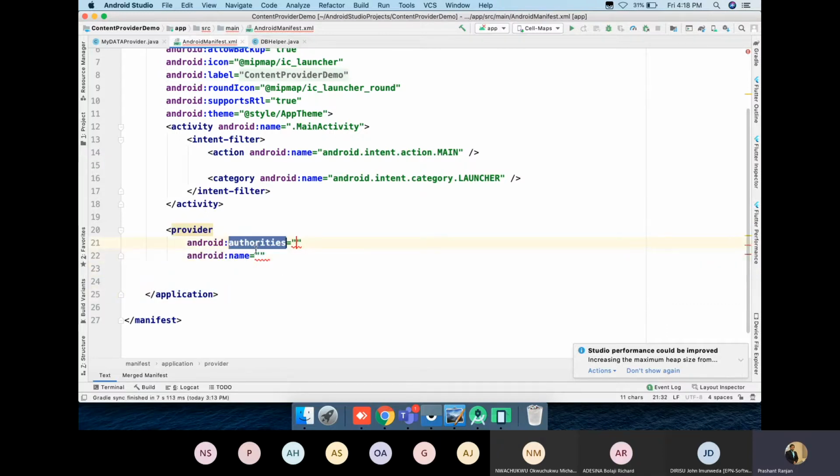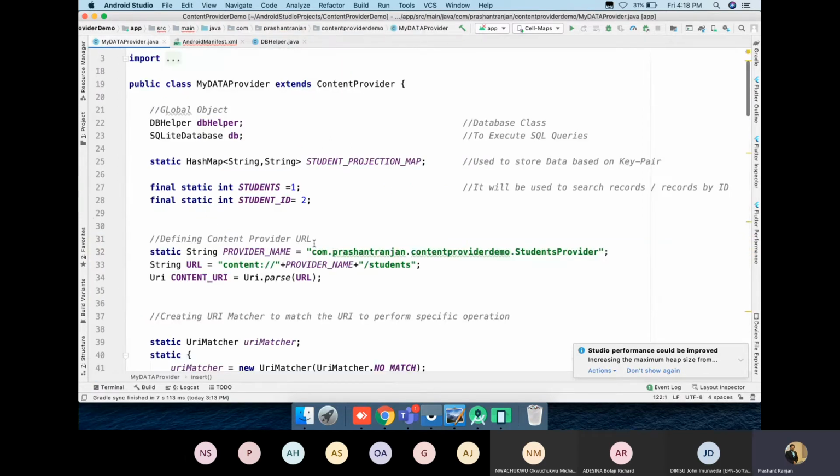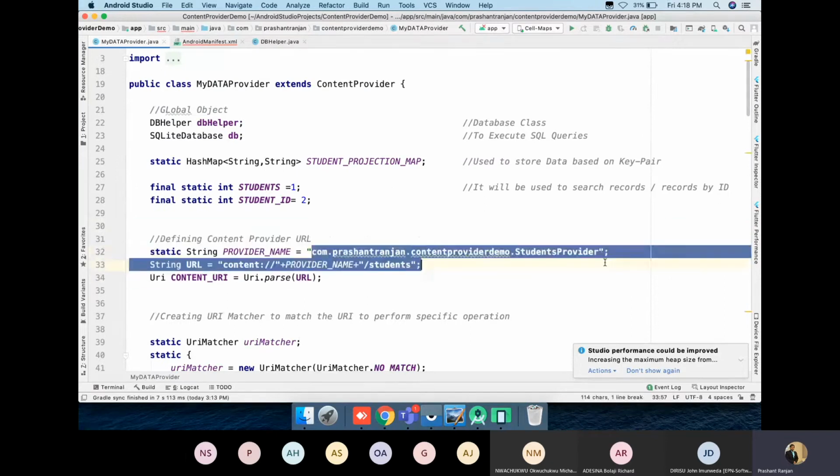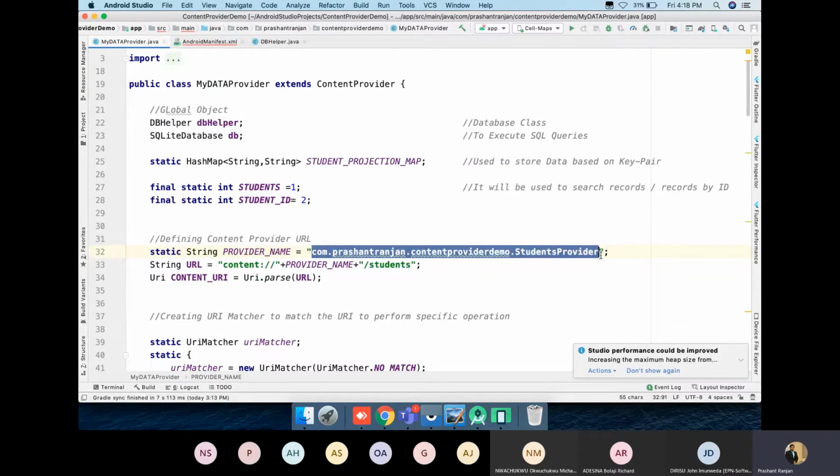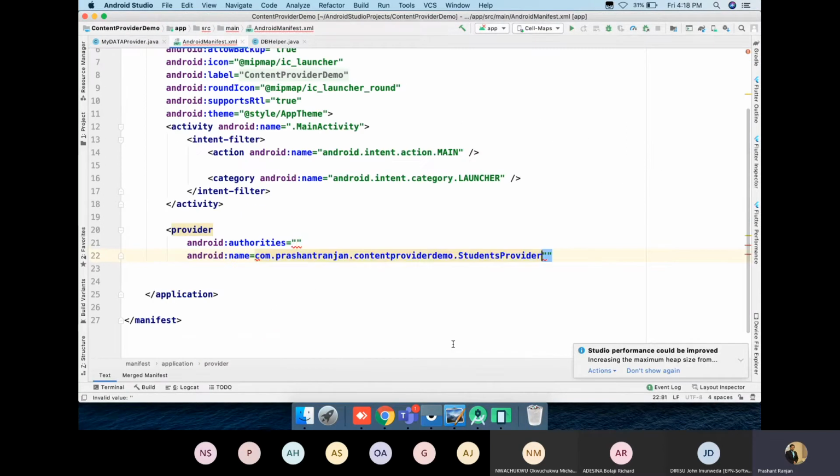So one is authorities. Another one is the name. Authorities will be the name of whatever you have defined. So just copy the name of the provider, whatever you have given in the link, the same one we have to copy and put inside the authorities part.